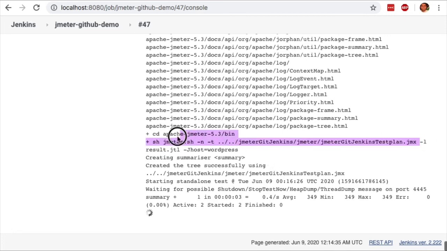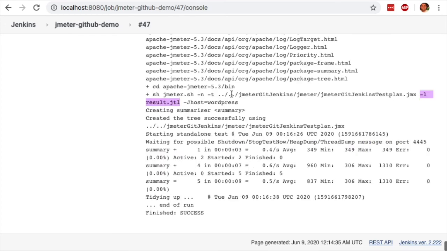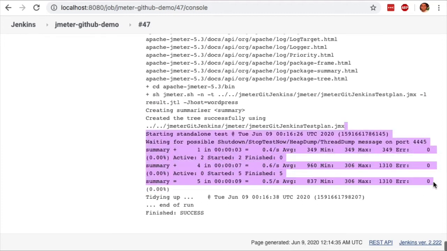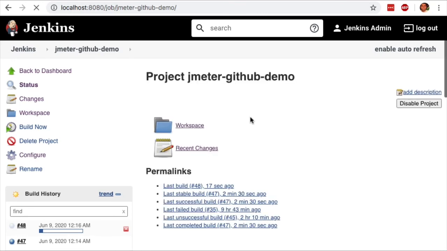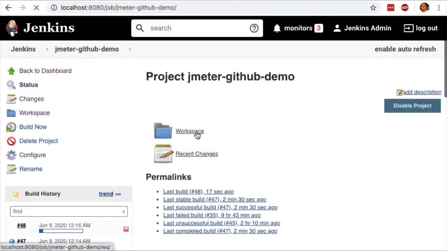Remember, our log file or result file will be called result.jtl, and looks like it did run the test successfully. There are no errors. It's doing the cleanup, and this test ended, and the job finished successfully. Let's quickly go back and take a look at the workspace. I'm gonna click on the workspace,